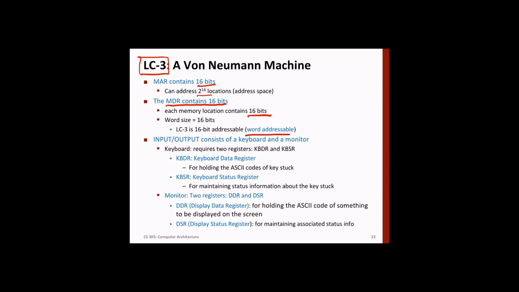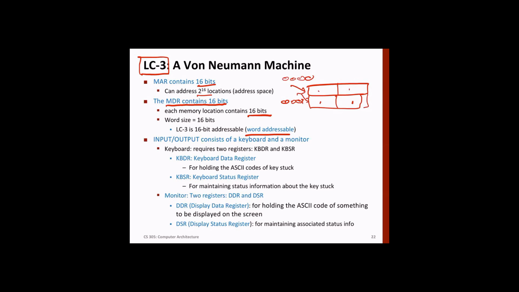It means that 16 bits, which is 2 bytes, we will say 0000, and it will represent the first location, and then 0001 will give the address of the second word or second location, which is nothing but 2 bytes. 1 byte here, 1 byte here, and so on and so forth. This is word addressable.